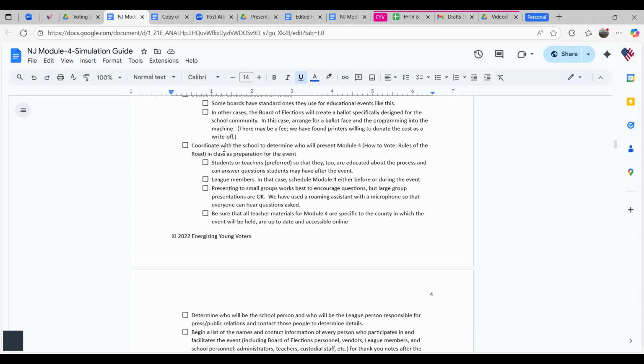The only thing is you have to worry about the noise level of the kids because they're so excited about the voting, their voices tend to rise. So if you can do it in a separate room, it's better. But that's something you need to arrange with the school itself. People have asked me about the size of the group that you can present to. And I think the ideal is 25 or 30 students, because in a small group, if kids have questions, for example,